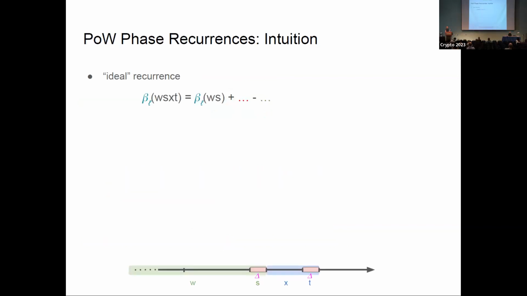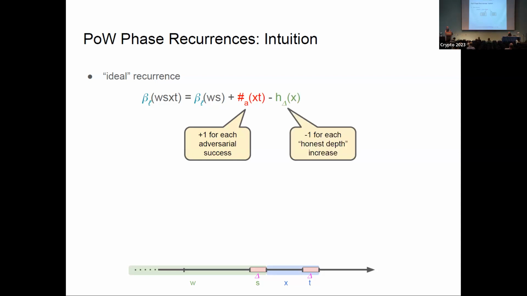So we do devise such recurrences for proof of work. I will now give you some intuition about how they look. The ideal recurrence that one would hope for has the following form. So we would like to see that the margin after processing the blue phase would be equal to the margin prior to the blue phase, plus some term that describes some contributions by the adversary, namely increasing the margin by 1 for each adversarial success in the lottery during the blue phase,